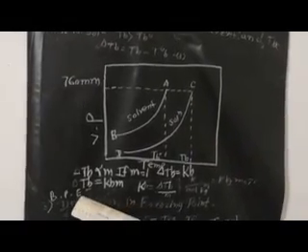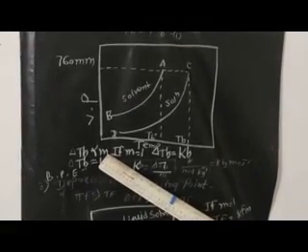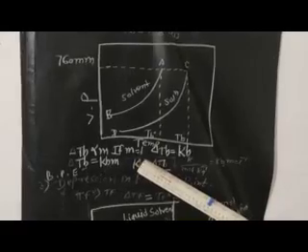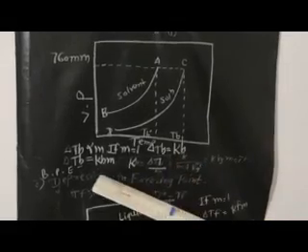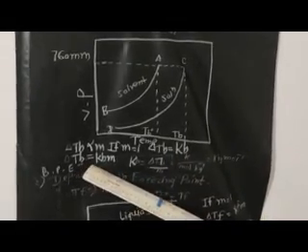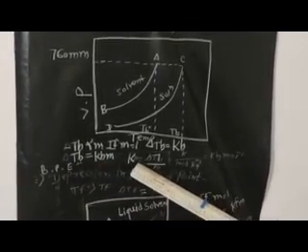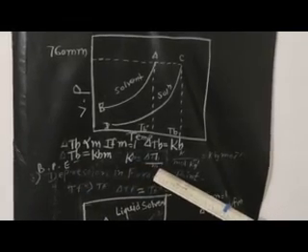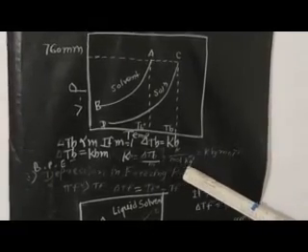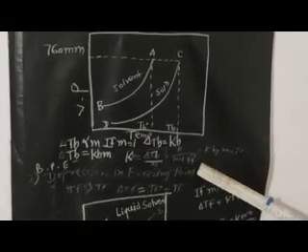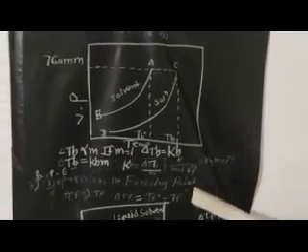Hence the boiling point elevation, delta Tb, is directly proportional to m, where m is the molality. If the value of m is equal to 1, then delta Tb is equal to Kb. The equation becomes delta Tb is equal to Kb m. Hence Kb is equal to delta Tb upon m. In unit form, K upon mole per kg, that is K kg per mole, is the unit of the boiling point elevation constant.